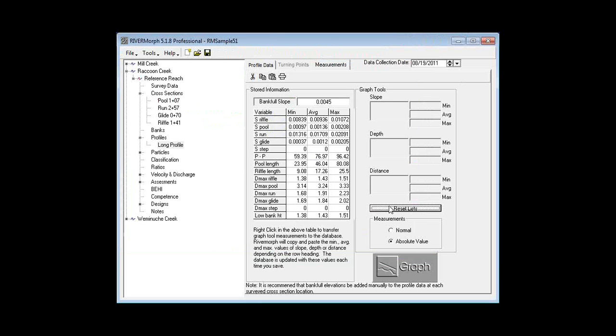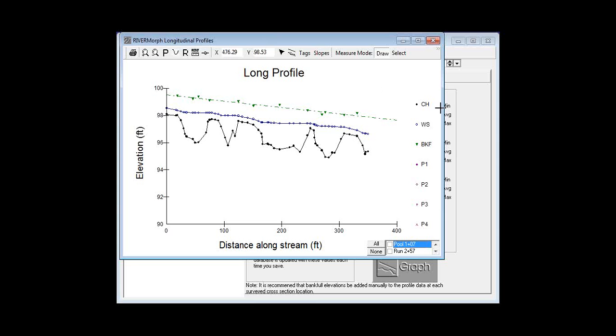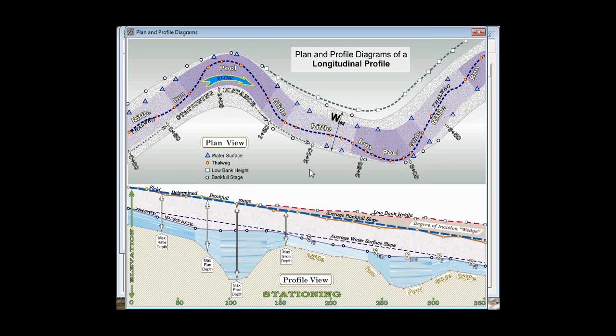So with RiverMorph, there's a number of measurements that you need to make. And we have a measure guide here that shows you where those measurements need to be taken. So, when we do a pool depth, we measure up to bankfull from the center of the pool. For the run, we do about the center of the feature. Same thing with a riffle. But in the case of a glide, we tend to do it right at the tail-out of the glide or the top of the riffle. And then we measure pool slopes across the pool, and we would measure pool lengths from the end of the run, start of the pool, to the end of the glide. So anyway, there's pretty